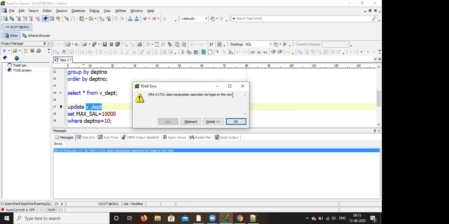This is the difference. So what is a complex view? If you are using any group function or more than one table, these are the features of a complex view, and you cannot make any changes there. Clear?